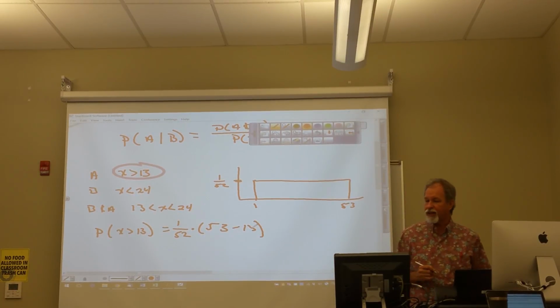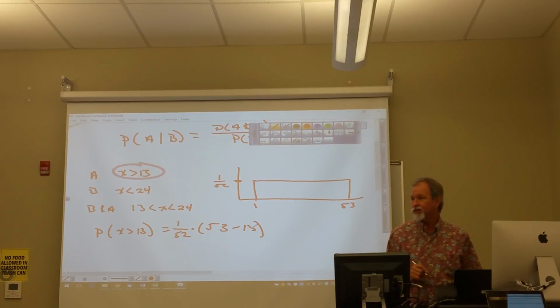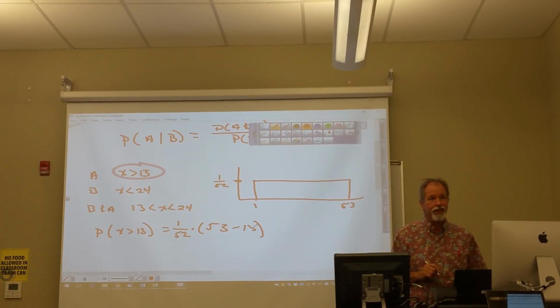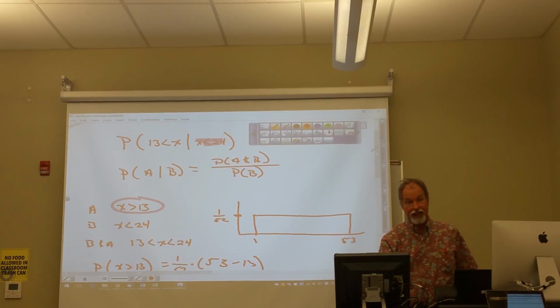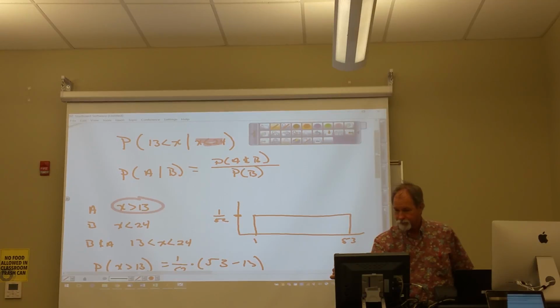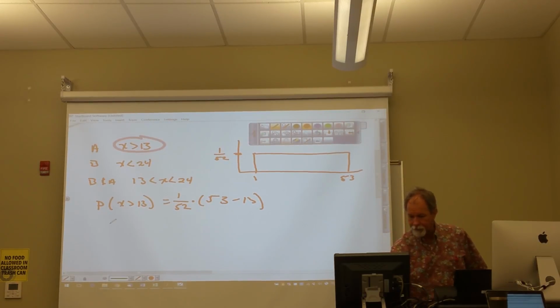I really don't need that in this problem. Don't need probability of A, do I? I need the probability of A and B and the probability of B. The probability,